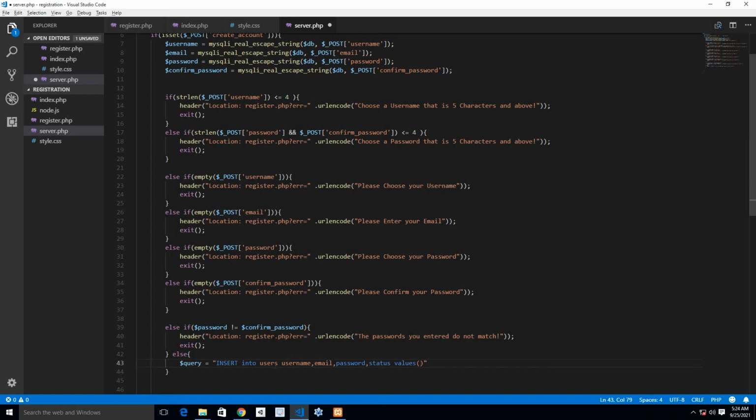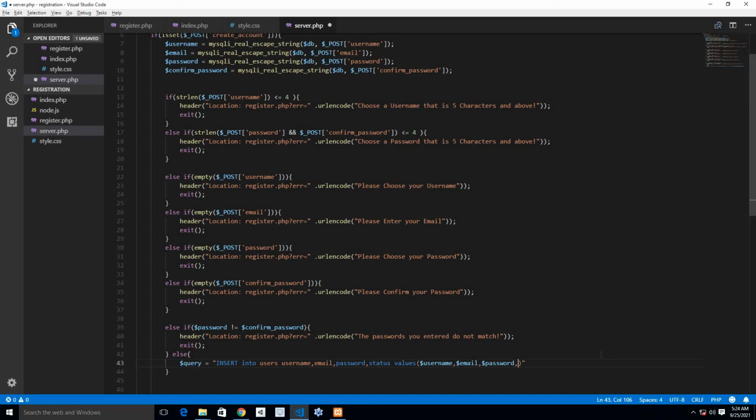The value for the username is going to be username. The value for the email is going to be email. The value for the password is going to be what the user is entering as his password, and then the value for his status